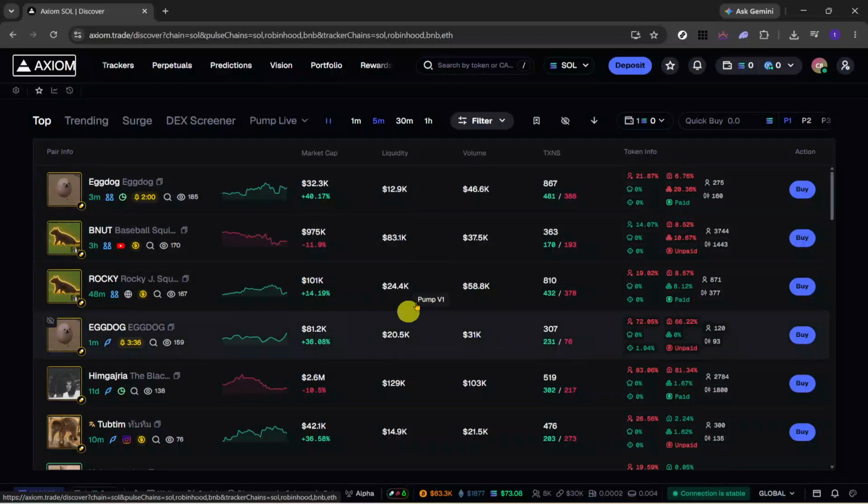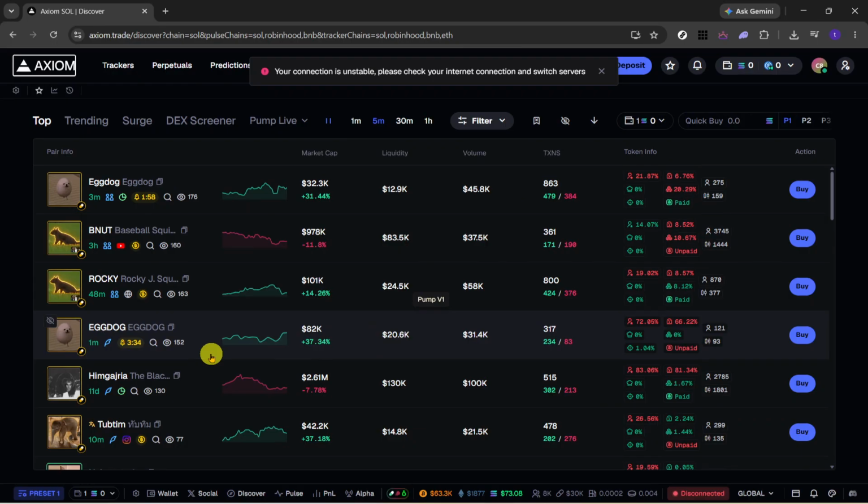Hello, today we will guide you through Axiom Wallet Tracker Guide. In this walkthrough, you'll learn how to add a wallet to the Tracker section in Axiom so you can keep an eye on activity more easily. This is a simple process, and once you know where each option is located, it only takes a moment to